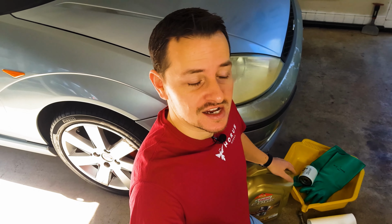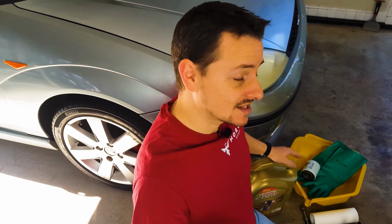Today we're going to do something really simple, and that is how to change the oil and oil filter in your car. Now, how often you do this really depends on how many miles you do and how you drive your car, how aggressively or what sort of road conditions are in your area. So just check your service manual about how often you need to do this, and let's go change the oil